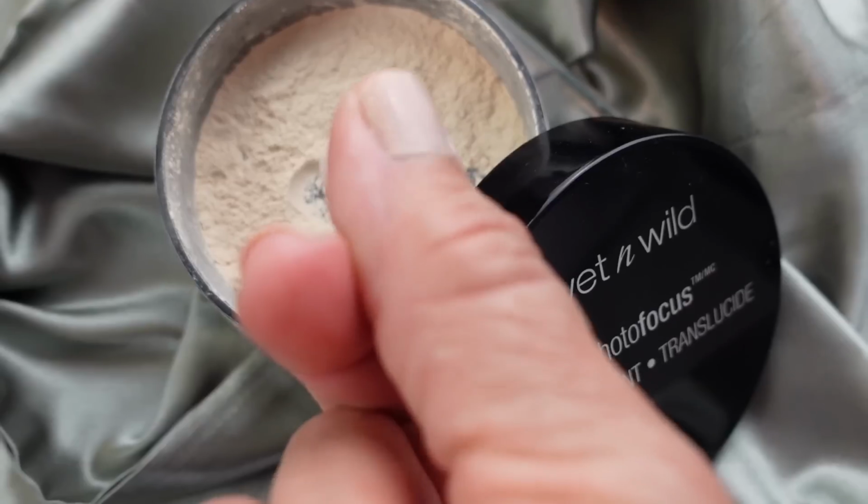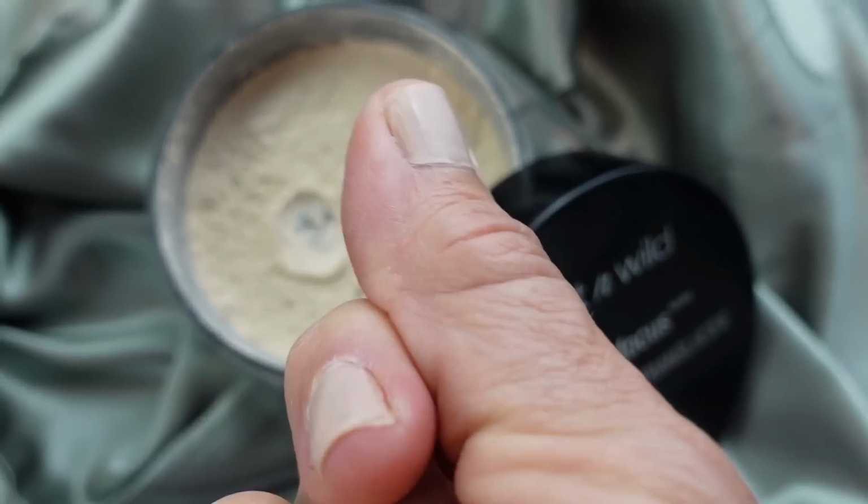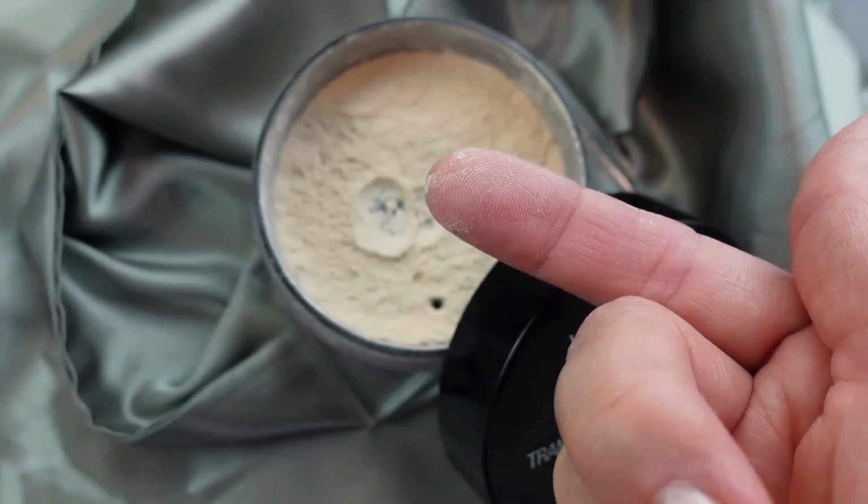It's very fine. Now, when you look at the ingredients, this one has talc in it, and this one from Revlon does not. So they both look nice on the skin, but I think the Revlon looks a little bit better on my skin. I have a lot of larger pores in the cheek area where I used to really struggle with acne,